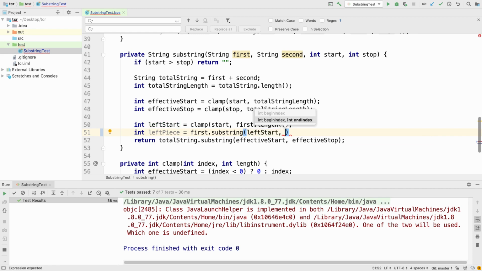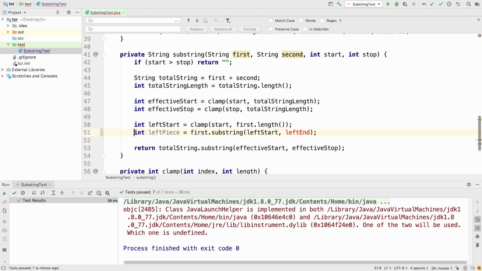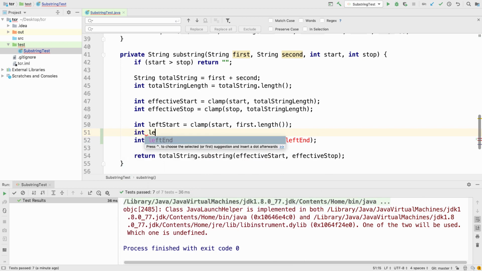From left start. Where's he going to go? Well, he's going to have to go to left end. We don't know what left end is yet. Let's figure that one out. The left end,